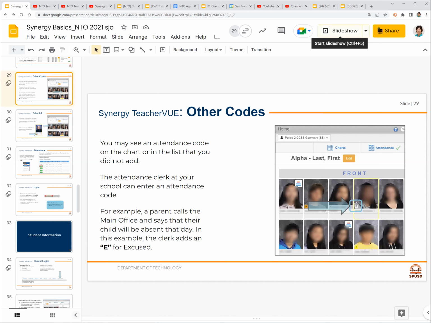The first one is, is there a way to go back in the computer and see previous days' attendance? So there is. When you remember, I said that when you're taking attendance, you can select list. And I happen to just be on that slide now. So if you look,